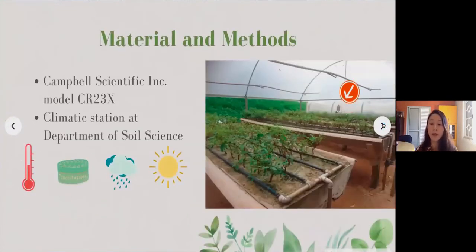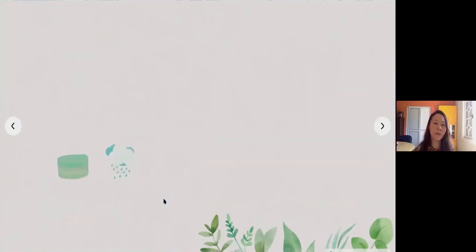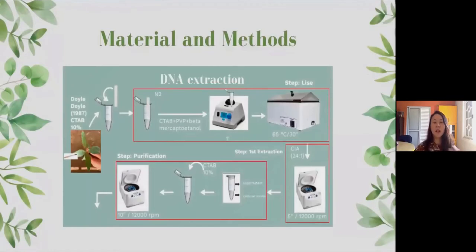Well, for the climatic variables, there were 2 stations. One was located here, in the covered condition, and another station outside. We collected data on temperature, relative humidity, precipitation, and photosynthetically active radiation. And here you see, I won't go in depth on this topic, but if you want to ask a question about